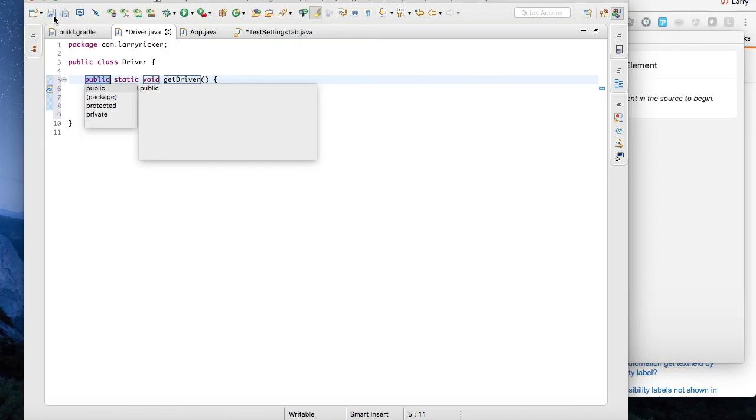Now, I like to get all the code into the driver class and actually build up the driver class to be a factory that returns a driver. And so I need to build that out first. And the reason for this is there's a lot of code involved in creating an object, and I want to make sure that that code is all in one place. It's not coded into every test, and in order to get a driver, you just have one line, basically. So you have